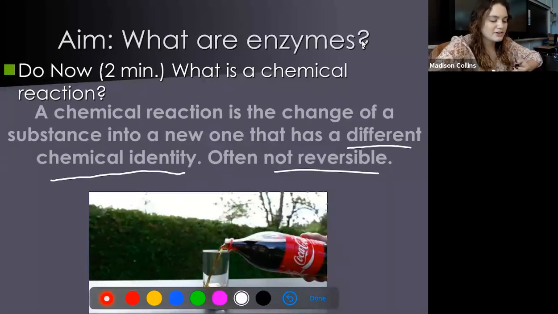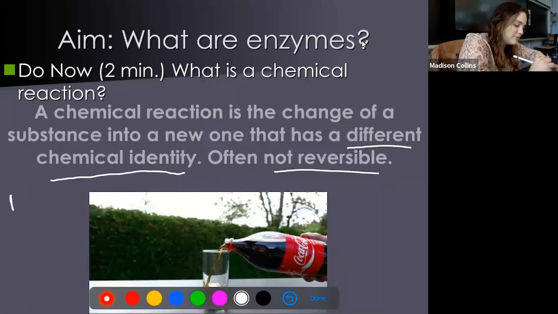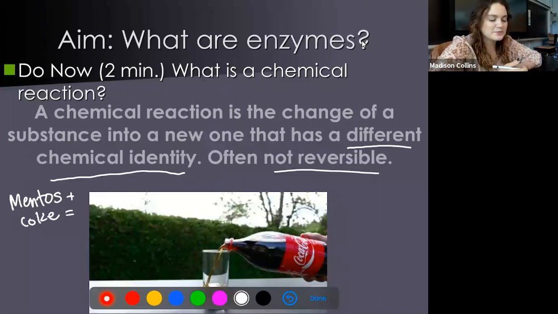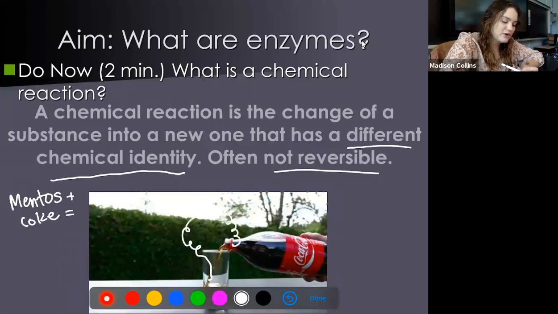For example, I've got an image here of an experiment that many of you might have seen online over the past few years, and that is when someone combined Mentos with Coke. Sadly, this was supposed to be a GIF showing you what happens, but for some reason it didn't want to work today, so you'll have to use your imagination. In this experiment, when someone combined Mentos with Coke, it caused an explosion. That Coke caused a chemical reaction in those Mentos that caused them to explode.